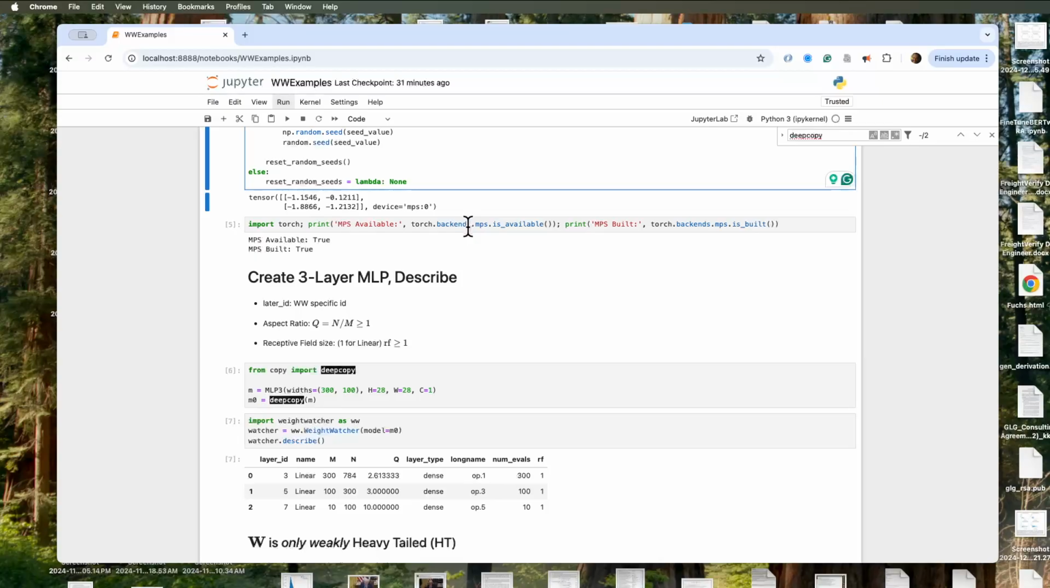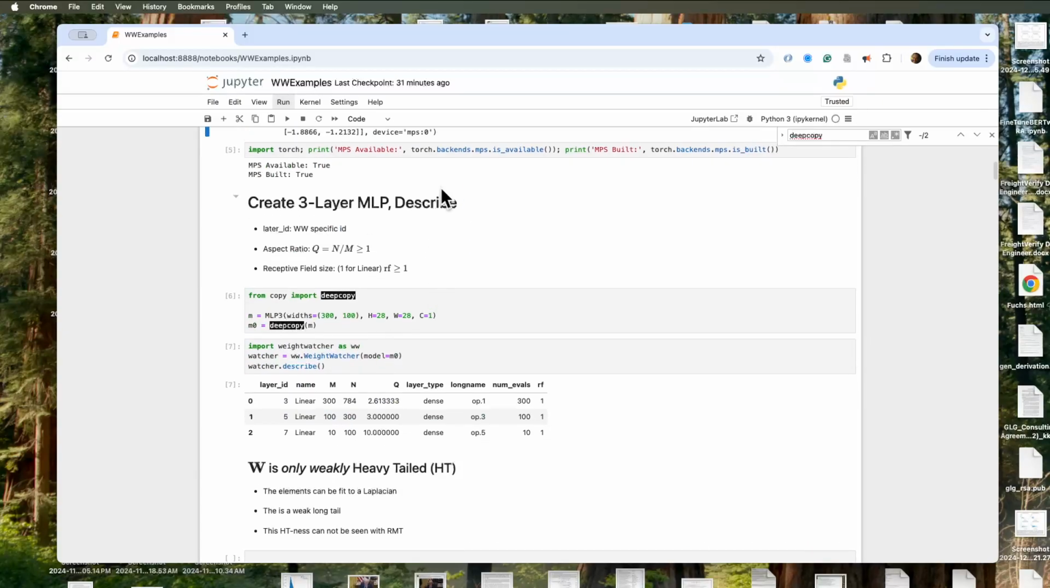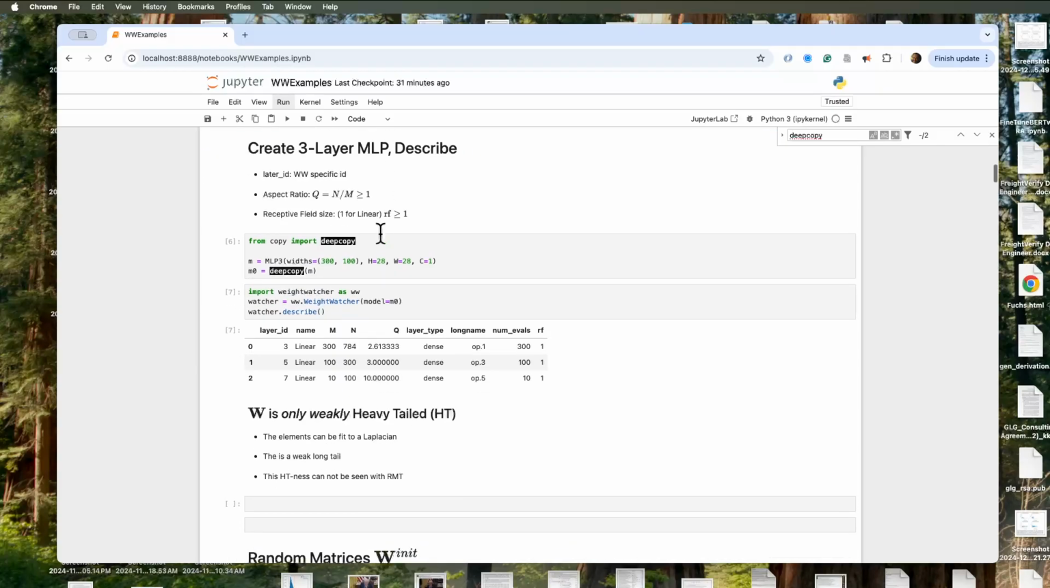So I'm just going to go through and explain. On the Mac, you want to make sure that you're set up properly. I have a Mac 2, so I run on the Mac 2. What we're going to do is just train a 3-layer multi-layer perceptron on MNIST. That's all we're going to do. That's what the experimental code does. It sets up this multi-layer perceptron, trains it on MNIST, runs the